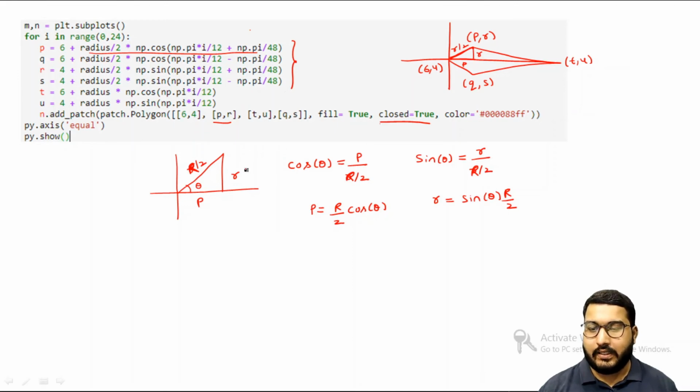So basically this is what is happening over here. I am just trying to find out this p and q, which is this data point, and I am doing this by using my R divided by 2, which is this part, then cos of theta. So this complete thing is theta. Similarly your r, so over here this is your p, this is r. So in r we are using sine of theta, and in p we are using cos of theta.